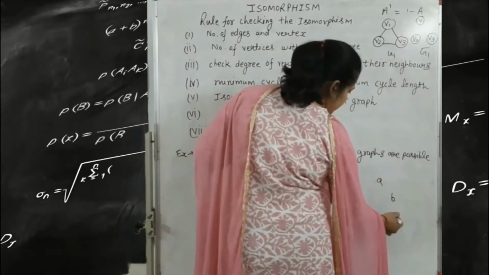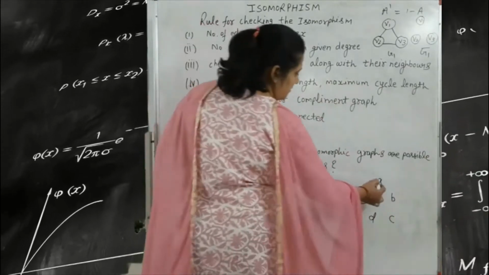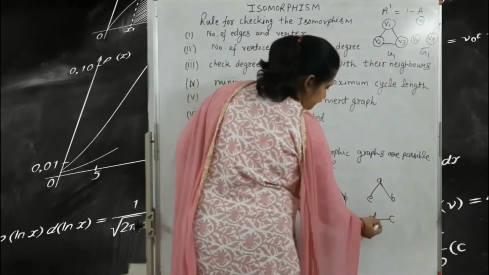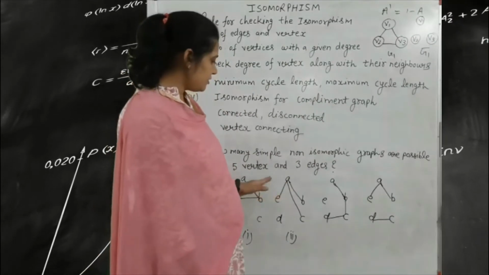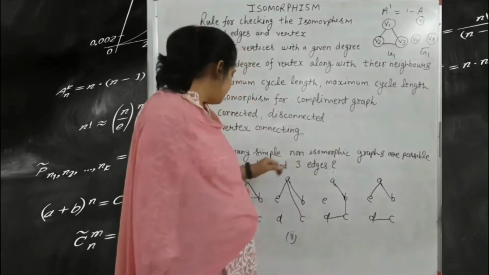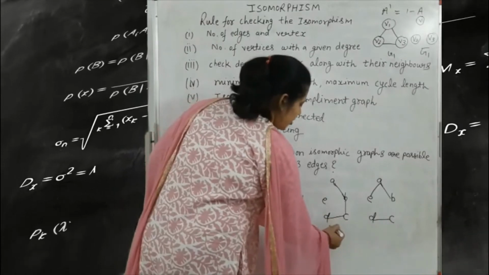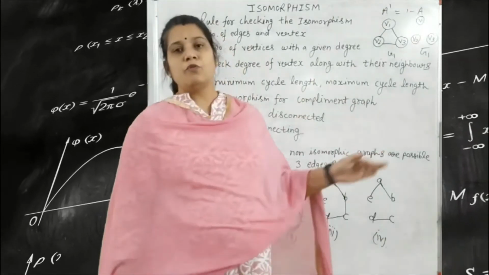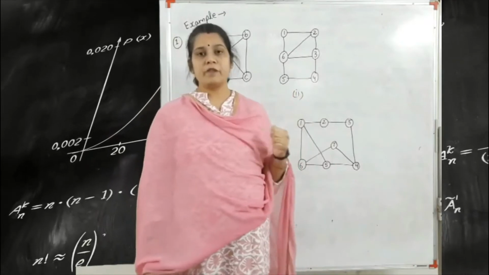Next one is one more graph. Here we map one more graph with D and E. Here we draw A to E, A to B. Got it? And here C to D. So here in total 5 vertices and 3 edges. So this is the example of non-isomorphic graphs where we have 5 vertices and 3 edges. So these are non-isomorphic graphs because all the properties are different across the 4 graphs. So this is the example, depending on isomorphism.